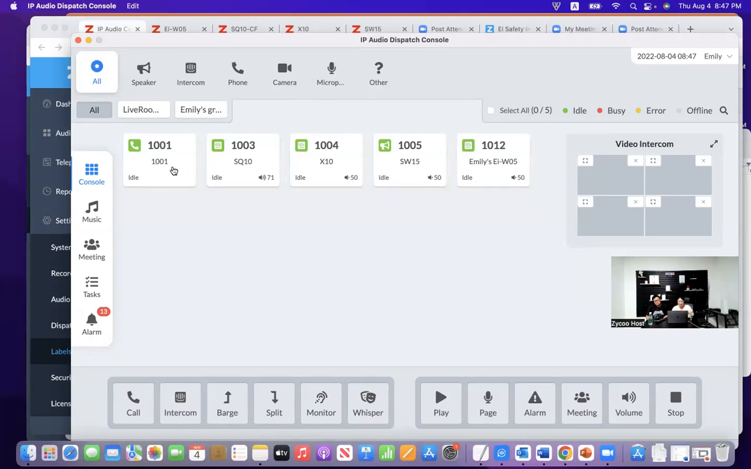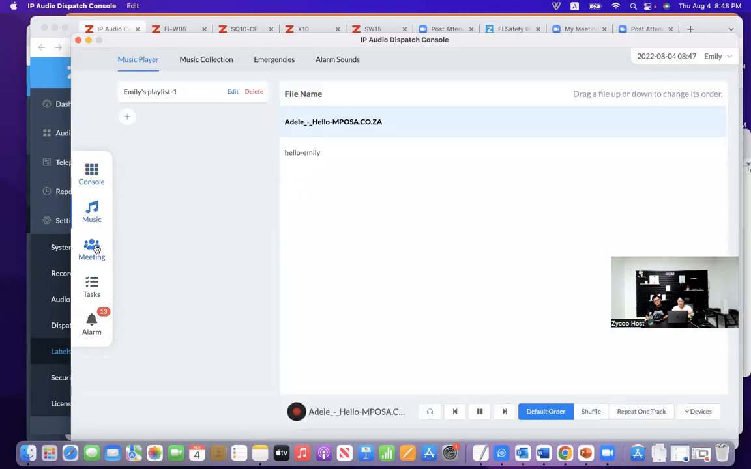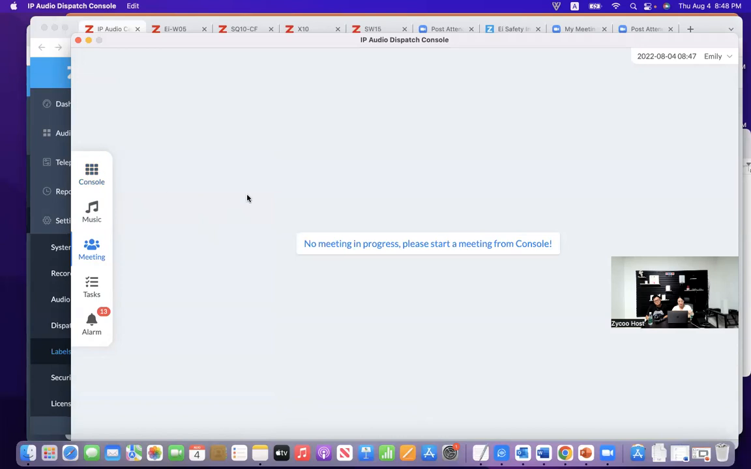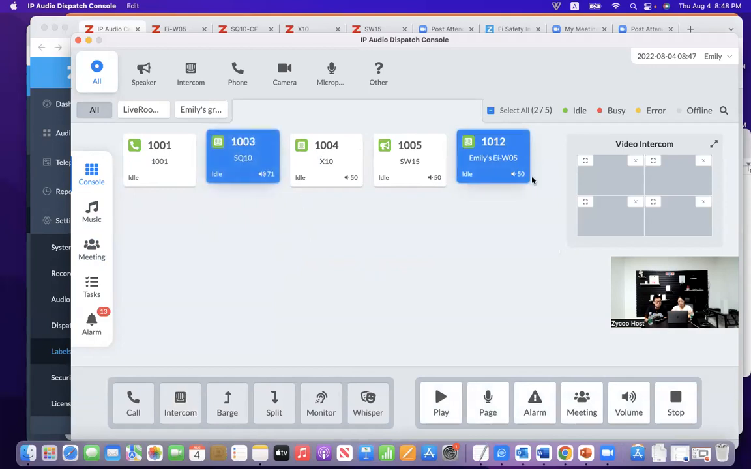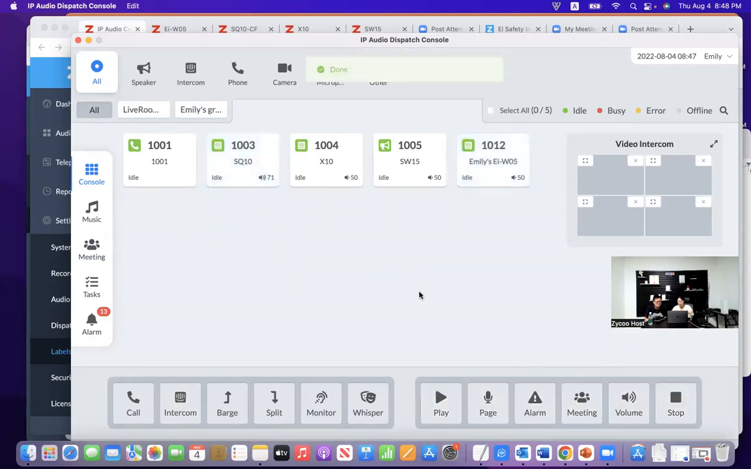And then see what else. Okay, so we're done with music, and then let's do meeting. So meeting would be relatively straightforward, and you need to do it from the console. For example, if I am inviting these two devices and click on the meeting,